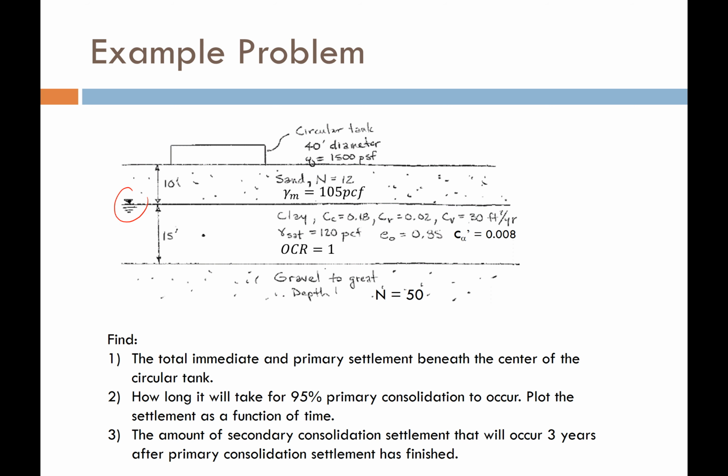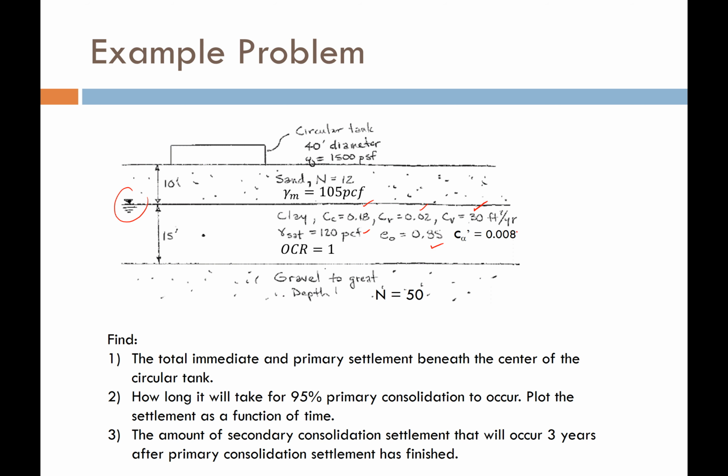We have the compression index of 0.18, a recompression index of 0.12, a coefficient of consolidation equal to 30 feet squared per year, saturated unit weight of 120 PCF, an initial void ratio of 0.85,